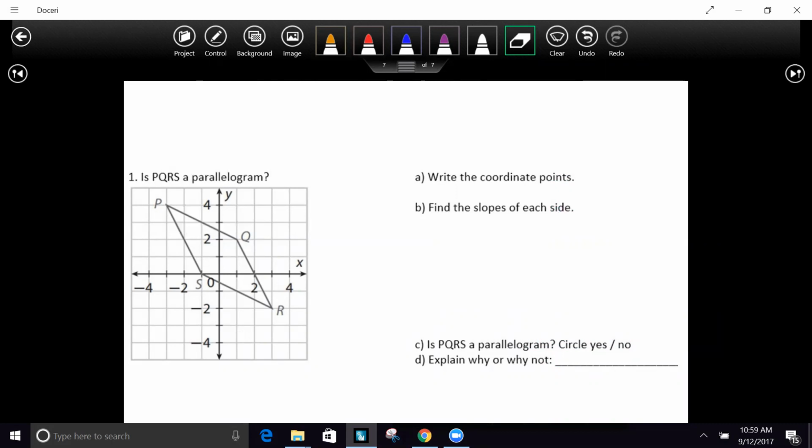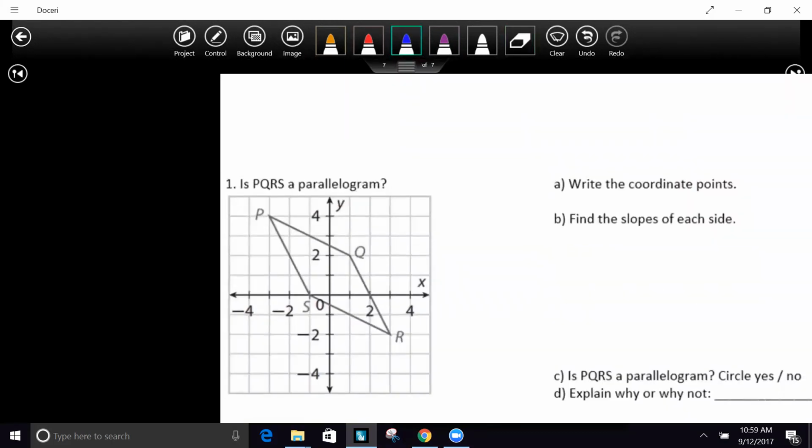We got to be able to show our points. So if you need the points themselves, it asks us to write out the points for these. P will be what? -3, 4. Q is going to be 1, 2. R is going to be, S is going to be negative,